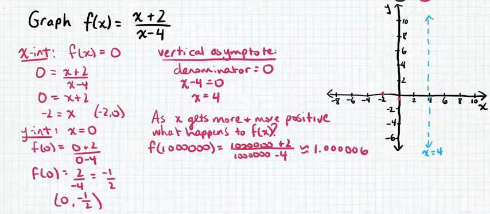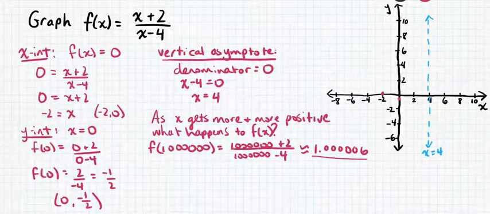So in other words, the function value when x is 1,000,000, a really, really large number, is just a little bit more than 1. And if we play around with a few other large values of x, we see that the larger the x value gets, so the more and more positive x gets, the closer and closer that this number, the function value, gets to 1. Okay. Now, if we look at what happens as x gets more and more negative,